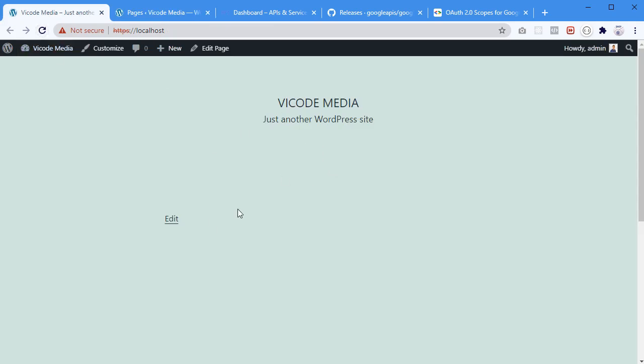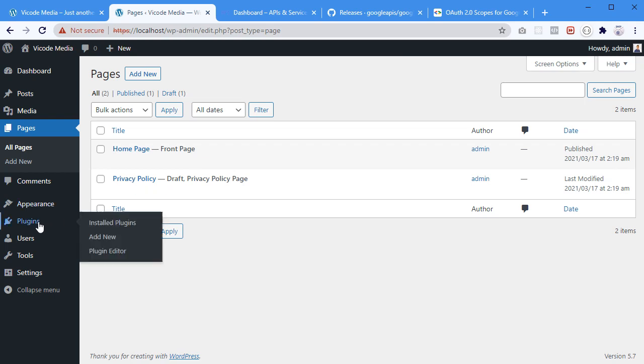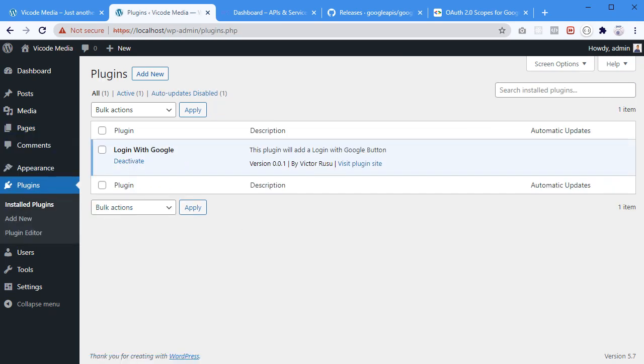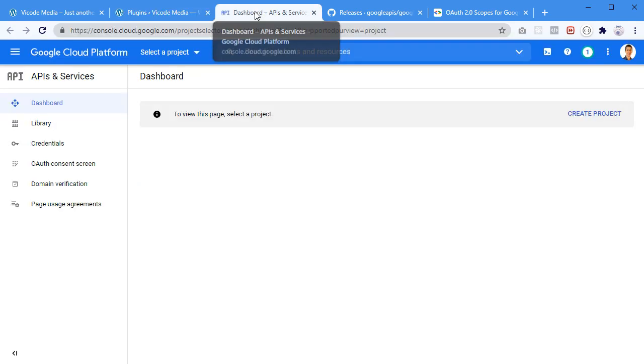So I don't have anything on my home page, it's just the website's name. Okay, now the plugin is activated. What I want to do now is create a project. So to create a project, you should go under